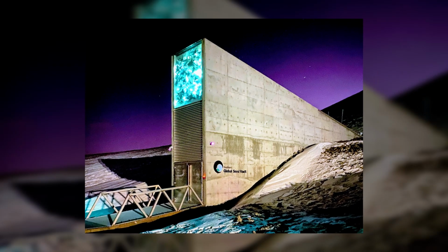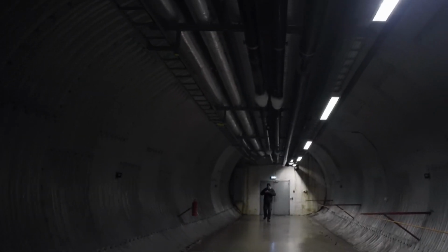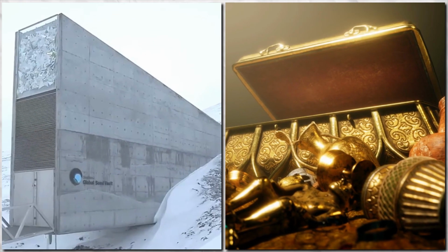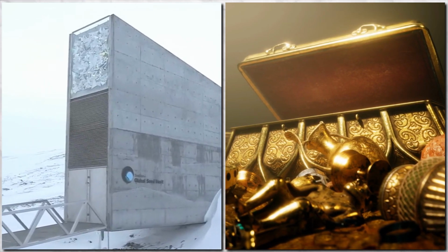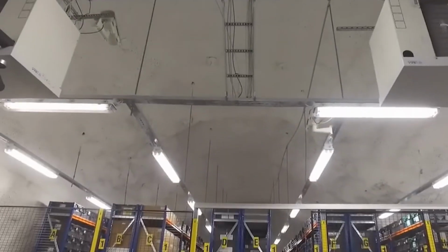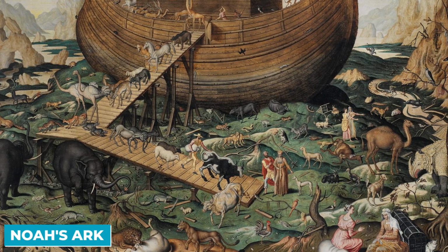Turning to a different topic, have you heard of the Svalbard Seed Vault? It's not the usual end-of-the-world scenario. Located deep in the Arctic, this vault isn't for storing precious metals or jewels, but is supposedly our backup plan for survival. The Svalbard Vault holds seeds from all over the world, like a modern version of Noah's Ark for